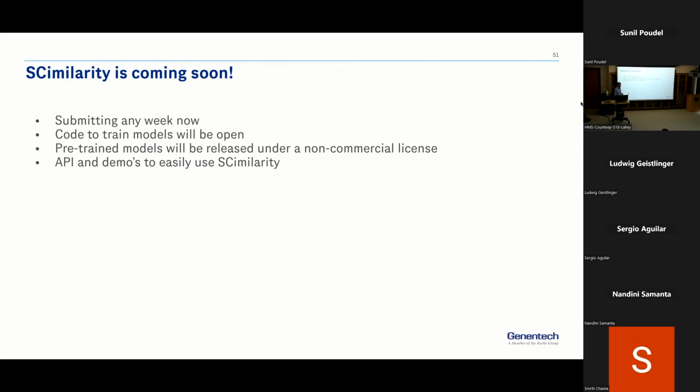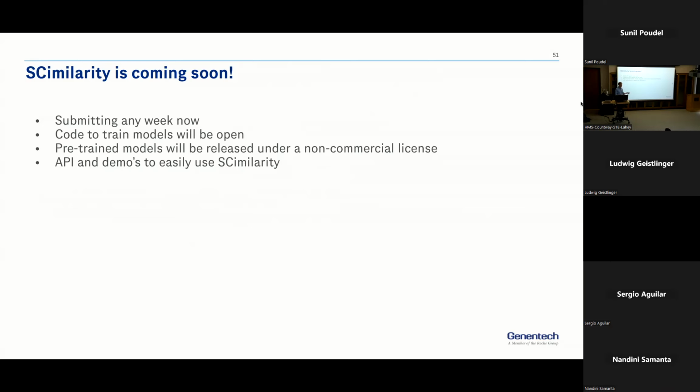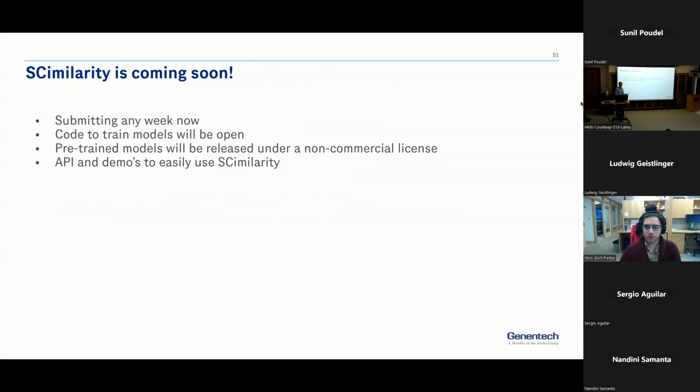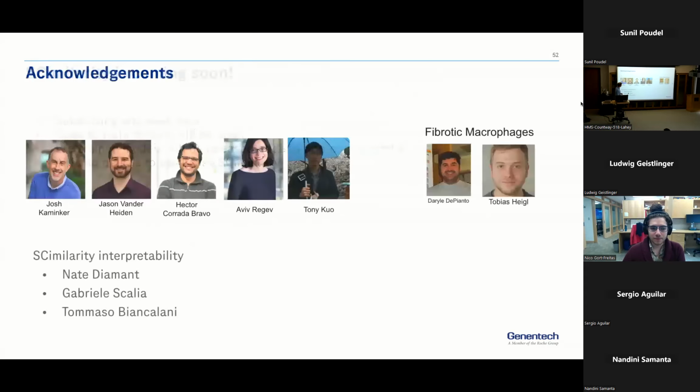And yeah, with that, we have a nice API and demos. We already use this within Genentech, and we have workshops where we train people and they're using it the same afternoon on their own applications. So I'm looking forward to releasing that out into the world, and hopefully you guys find it interesting.